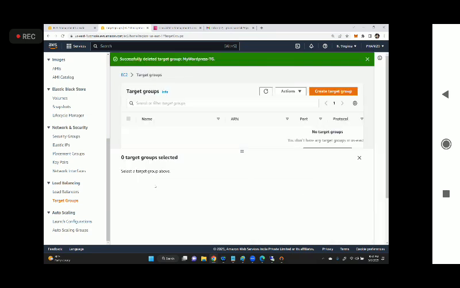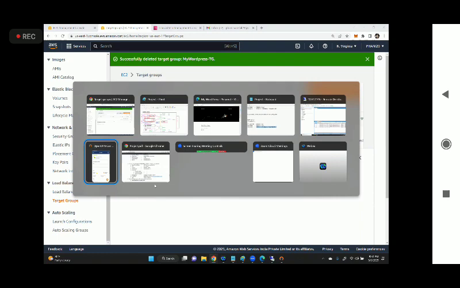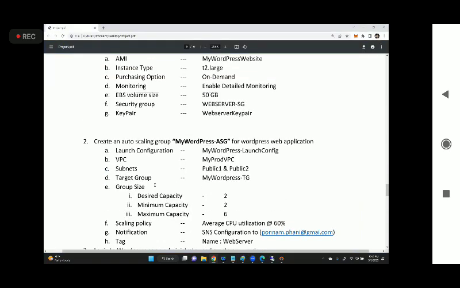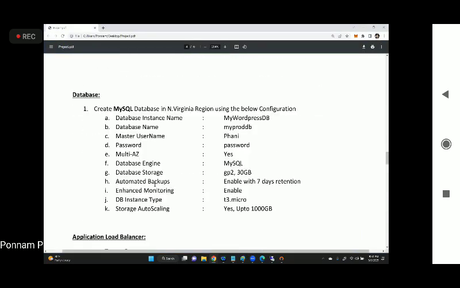Then after the target group, what do we have to delete? So while we were creating, before the target group, what component did we create? I think VPN, right? VPN. Okay, let me open the document. After the load balancer,